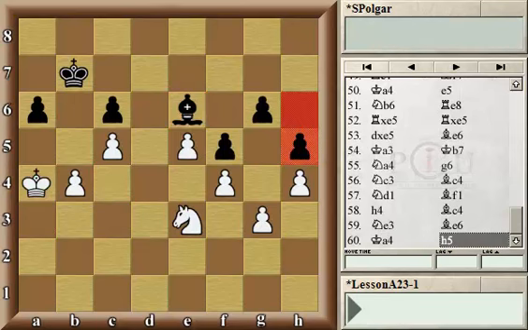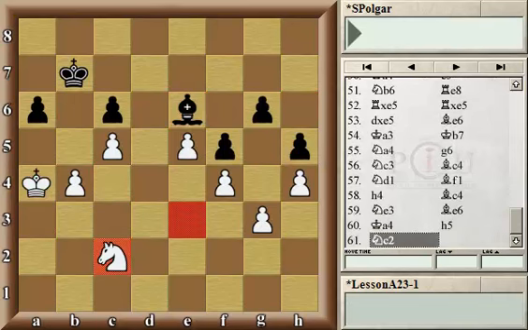And after knight c2, black actually resigned. The knight will appear on d4, and then the e-pawn can just march up. Well, a very instructive game, and especially the stage where white transposed to that clearly superior position with the knight